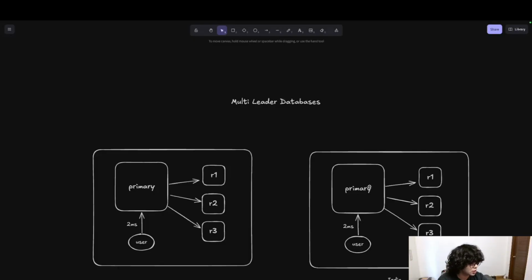Second is in places where there is not great connectivity. For example, you might have some rural places in Africa where there's not great internet connectivity. You want to write to your local DB, and only when you get connected to the internet, you write your changes across to the actual DB itself. So yeah,